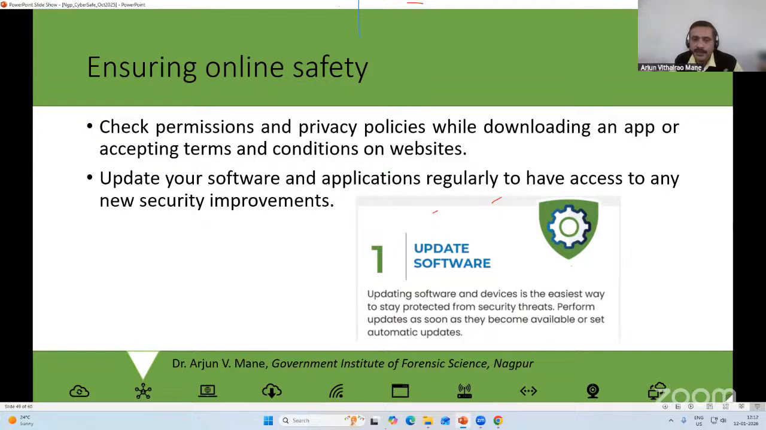Check the permissions and privacy policies while downloading an app or accepting terms and conditions on a website. So generally हम इसे बहुत इग्नोर करते हैं और rarely we read the terms and conditions or the policies, but हमेशा एटलीस्ट आप उसे समराइज करके लीजिएगा, कुछ उसके रिव्यू चेक कीजिएगा, आप थोड़ा सा उसके लिए इमीडिएट रिएक्ट करने की जरूरत नहीं है।